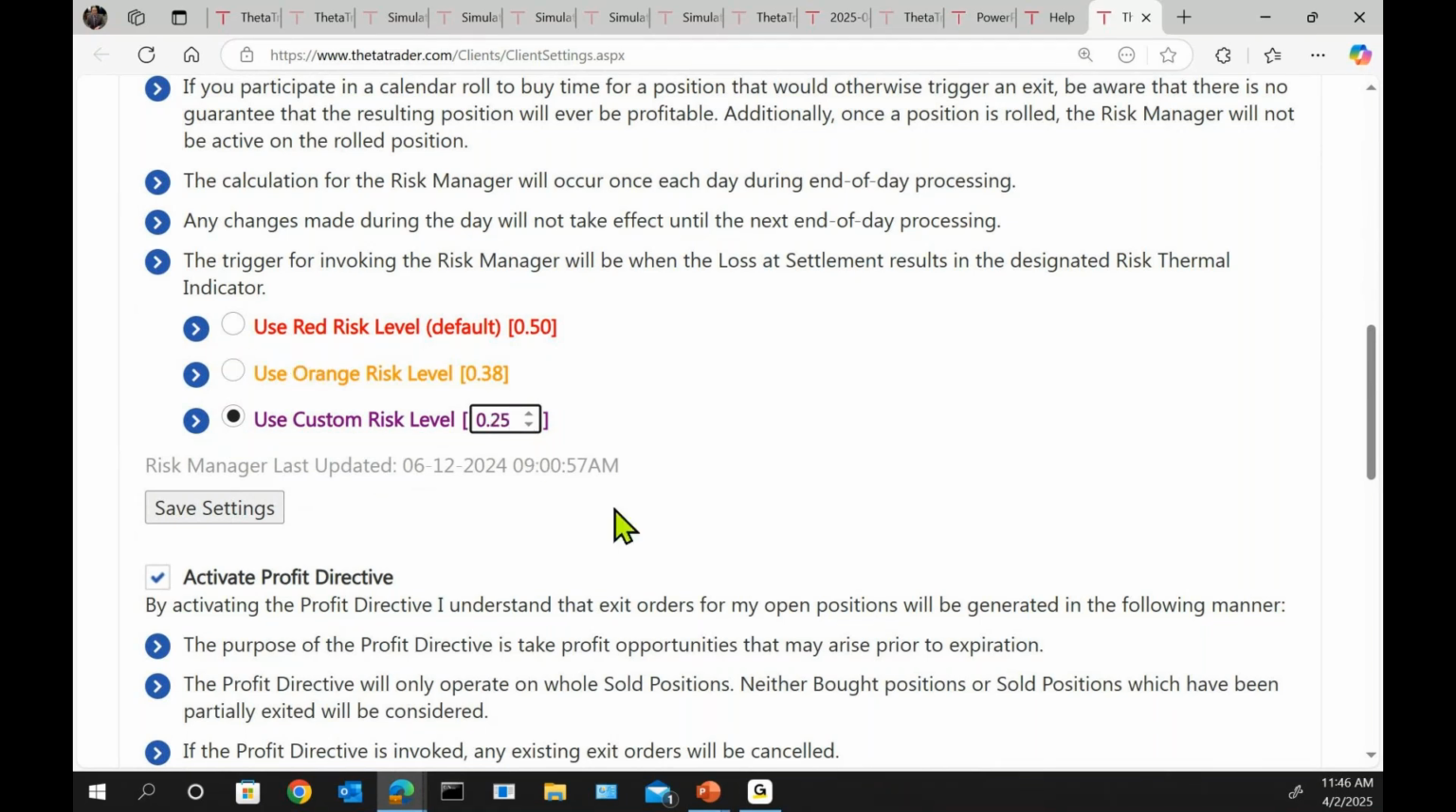Now keep in mind, if you went with something like a 0.25 risk level, the loss you take per trade will be smaller, but you'll take more frequent losses compared to, say, the default level of 50. So really it's a balancing act as to what you're most comfortable with. I just use the default level and leave it at that, and then you make sure to save the settings,